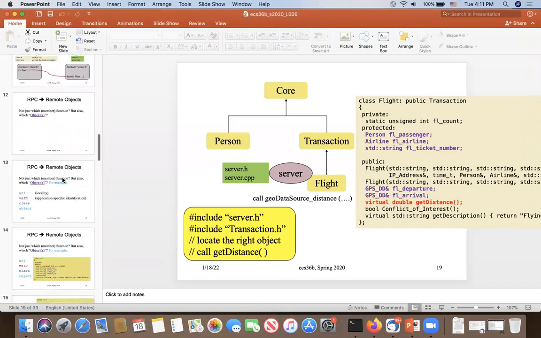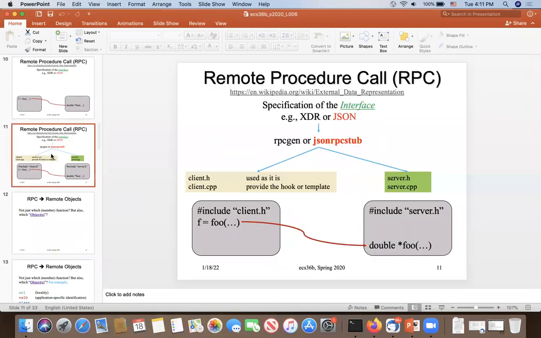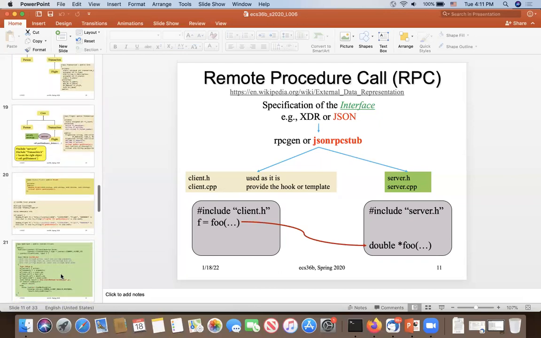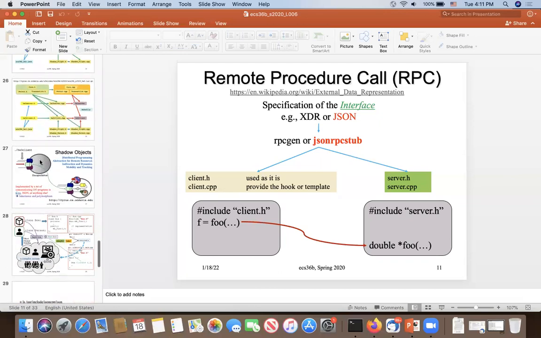So I assume you already know the concept of remote procedure call. I'm not going to go over that. If you have any questions about that, I can address that, but I assume you understand. This is the concept of JSON RPC. You're using JSON to specify the calls. And the JSON RPC stub program is part one of homework one. I want you to be able to install that. Once you've done that, you will be able to generate the code that looks like this. But the core concept of this homework assignment